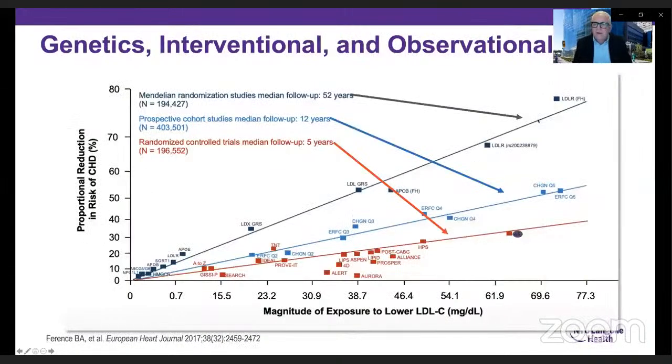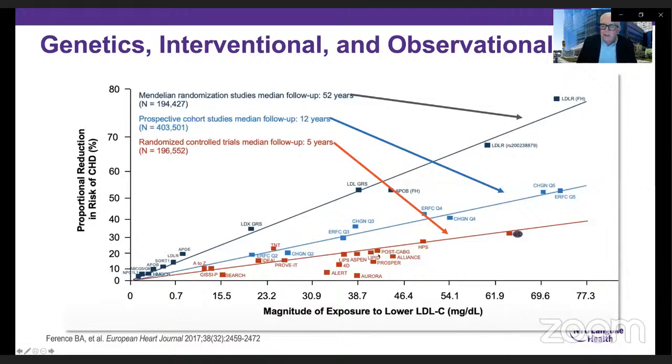Why is it the steepest curve? Because it's associated with the longest duration of impact. And in this case, patients who have mutations that increase LDL cholesterol, or patients that have mutations that decrease LDL cholesterol, are associated with increased or decreased levels of LDL and subsequent appropriate impact on cardiovascular disease risk. In the middle are the prospective cohort studies, observational data,